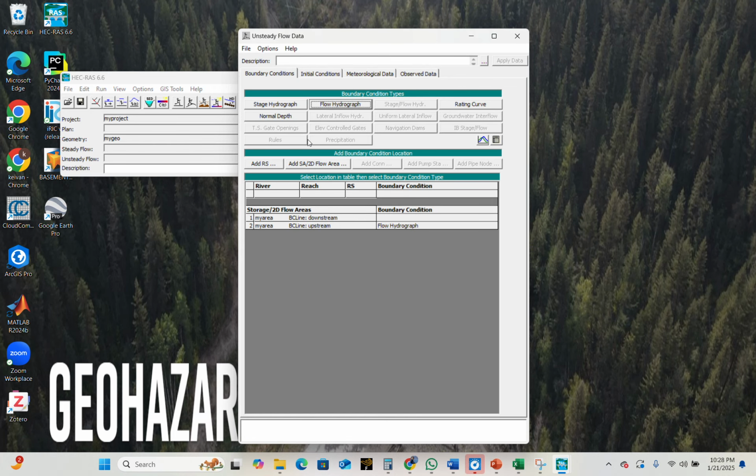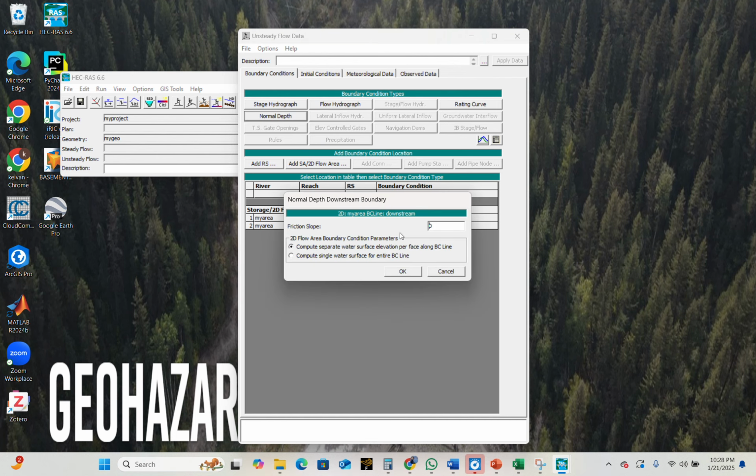And when you put these values, you can click on OK, and then we have to set another boundary condition, which usually can be considered as a normal depth, which is the value of a slope in